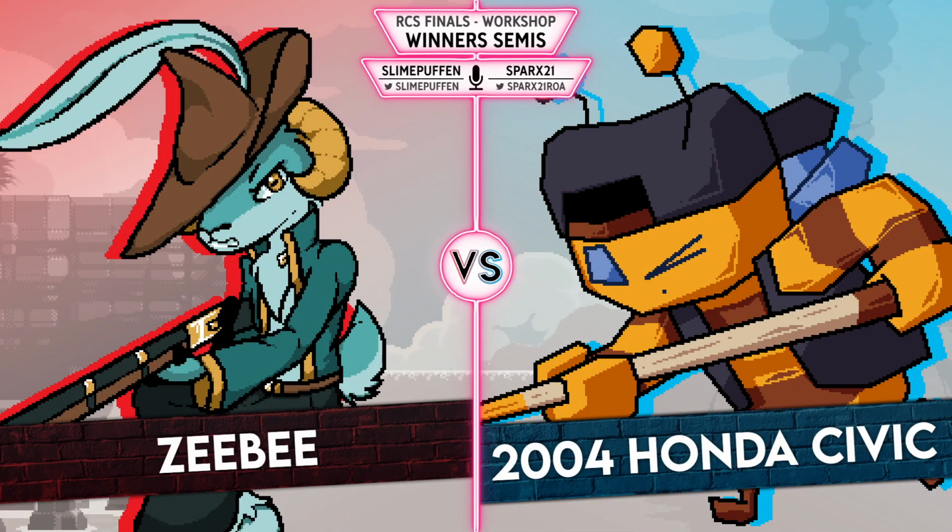The big ol' Beebert, against the legendary, and put respect on his name, 2004 Honda Civic 4-door sedan. The boy, the absolute workshop legend, rising from nothing to becoming the best workshop-only player in the entire community. The person who has been second to only Sego during the lifespan of the workshop community. No base cast experience whatsoever to speak of at the start, rising to the top, beating up basically anyone who